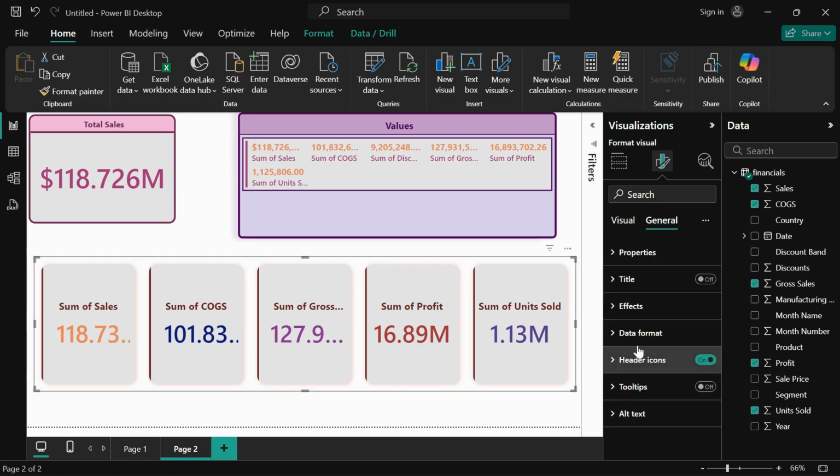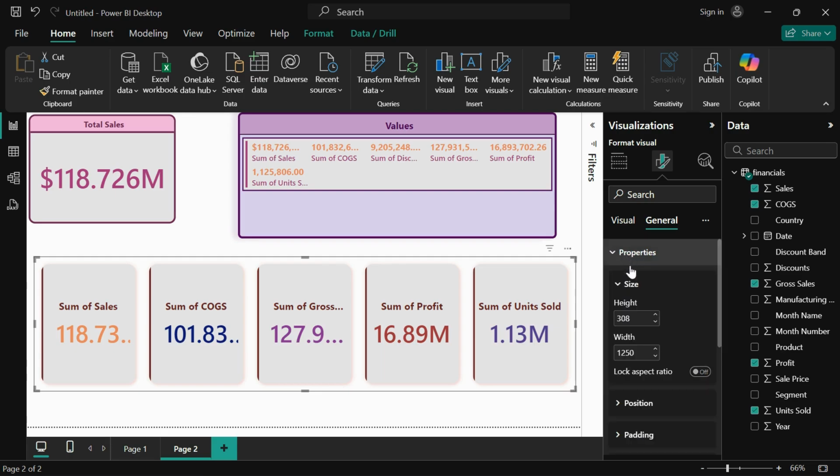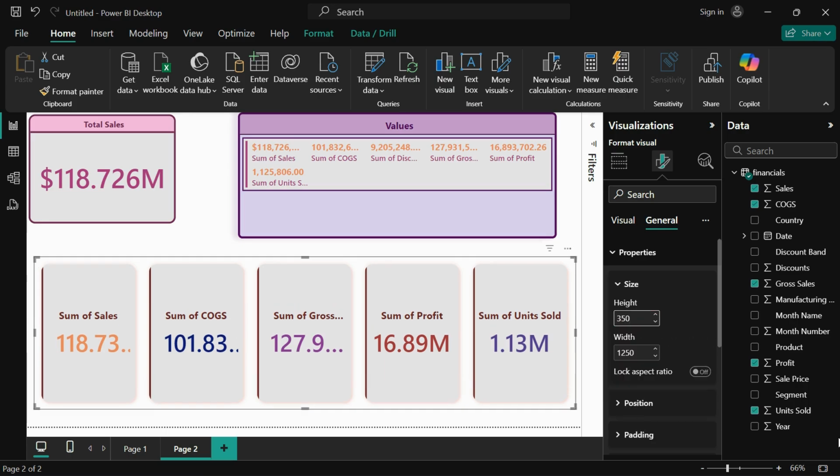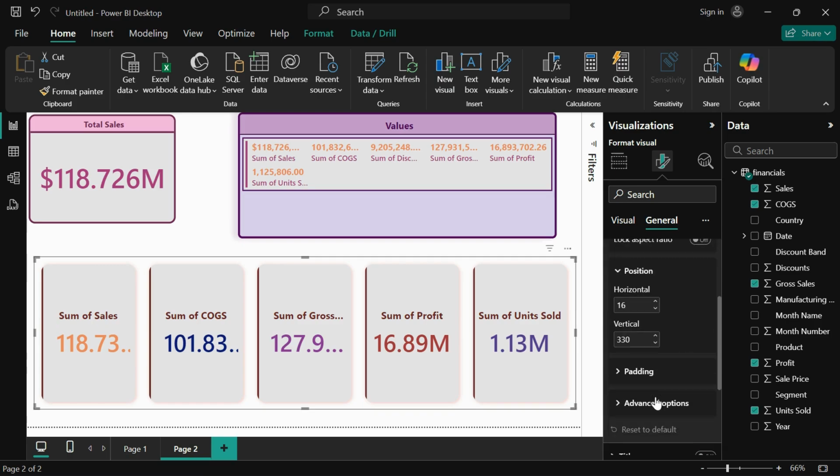In general formatting we have general options. In properties we have height and width. We can set the height and width of this visual, right. So these will be applicable to the complete visual. Let's say changing the height to 350, the height will be increased. We can set the position first, let's say horizontally I'm keeping it as